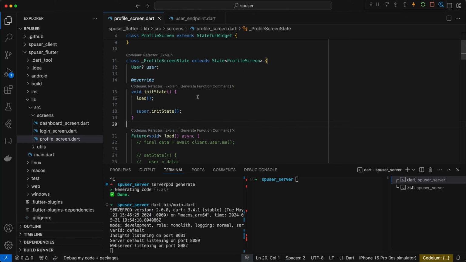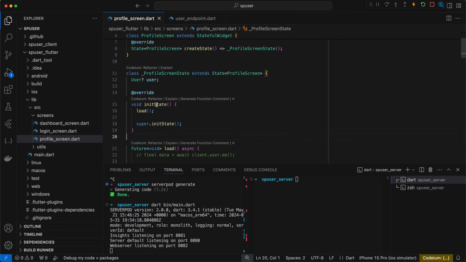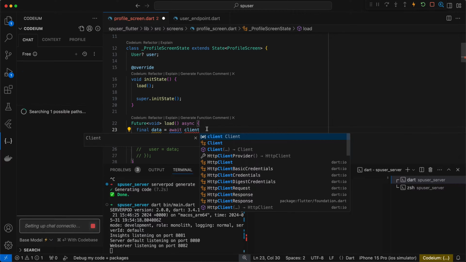And yeah, so here we have just a basic stateful widget, and it has an init state. And I'm calling this function called load. And inside load is what we're going to do some magic stuff with. So we're going to import client, and I'll just remove this so we can kind of see this happen, but we can actually go